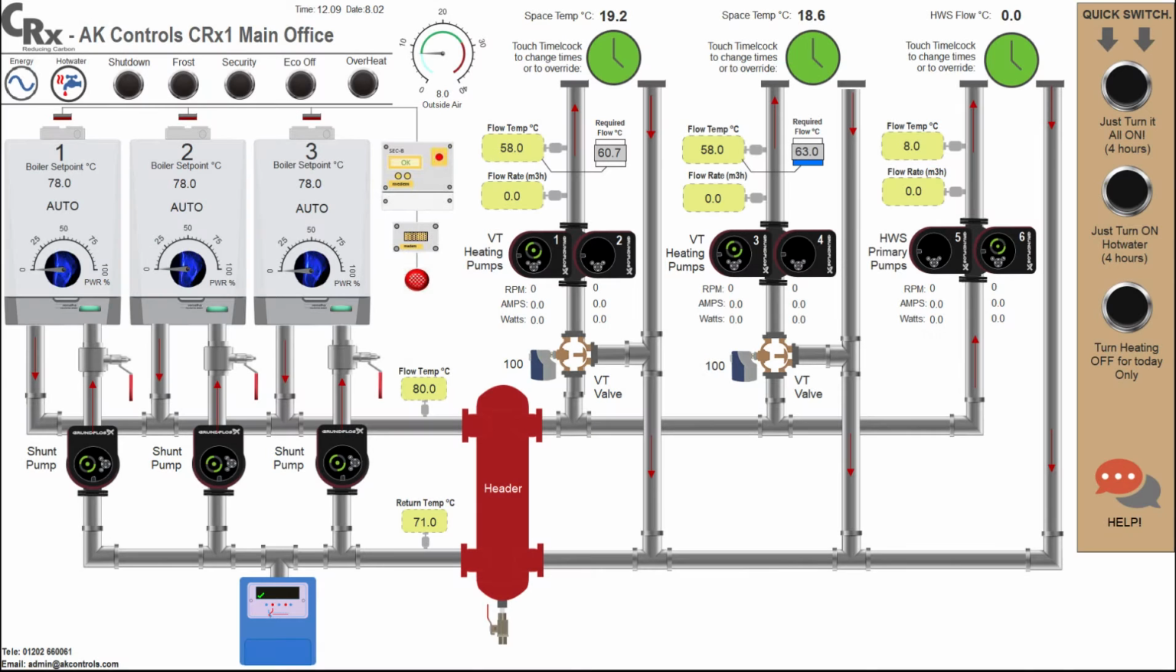The system operates from a central screen. This represents the equipment within the plant room. CRX can control from 1 to 3 boilers and 3 system circuits. 2 of the circuits can be either variable temperature or constant temperature. The third is designed for primary hot water to an indirect cylinder, but can also be used as a constant